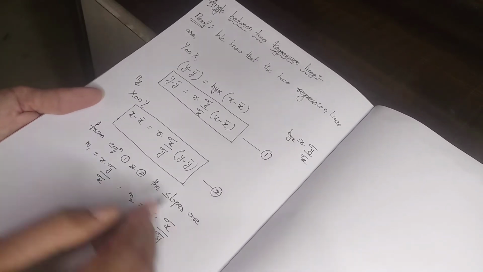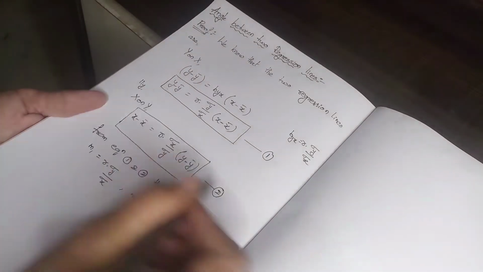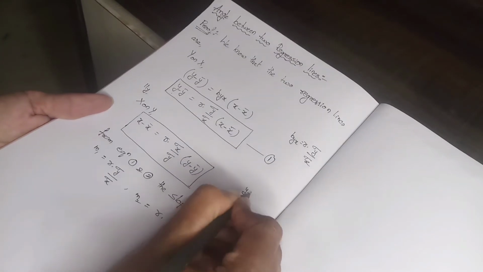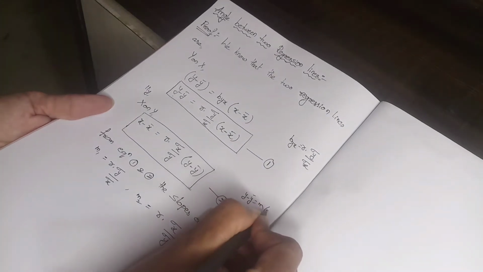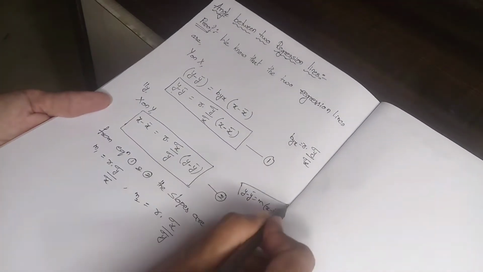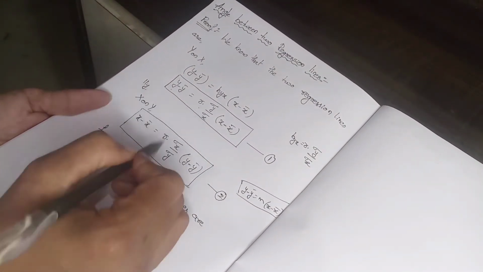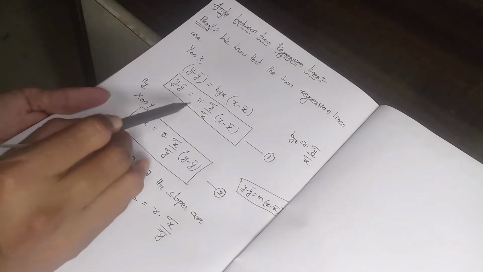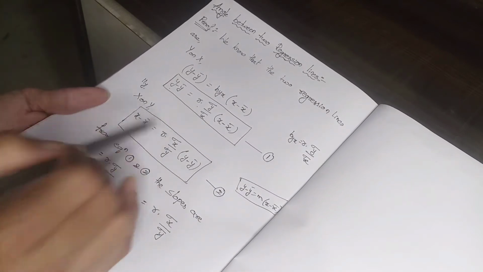How do we know what the slope is? In straight line equations we know y minus y bar equals m into x minus x bar. These equations are in this format, so that's why we take these two as slopes. I think now you got it. These are in place of m, so these are the slopes.